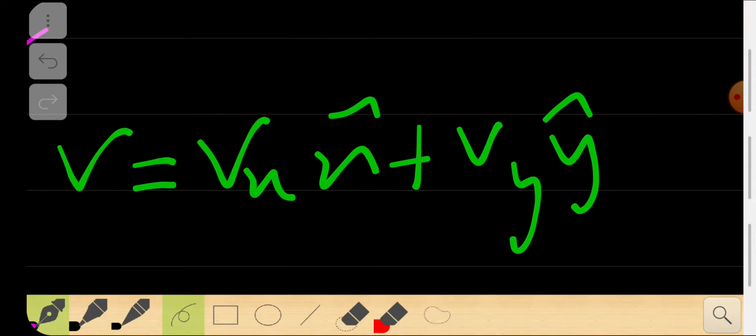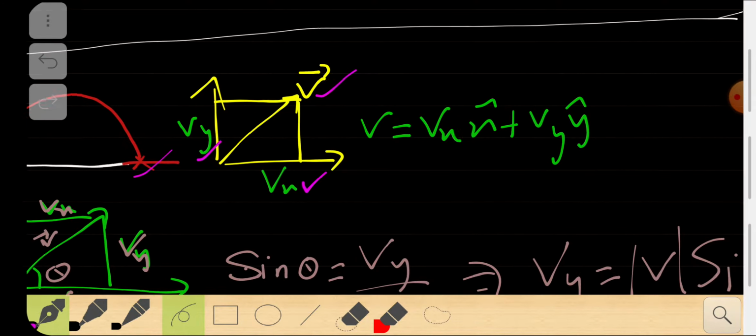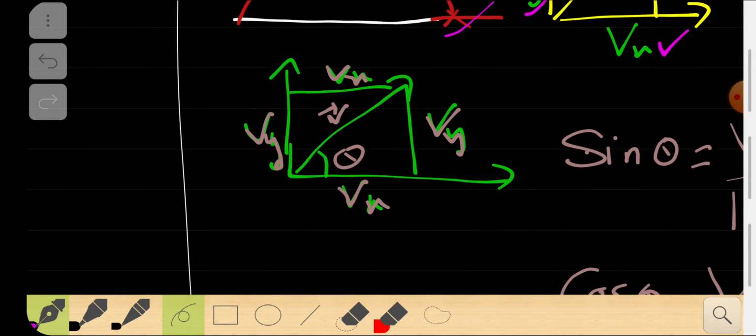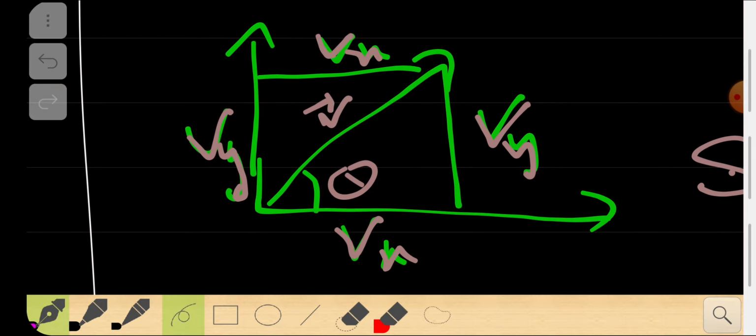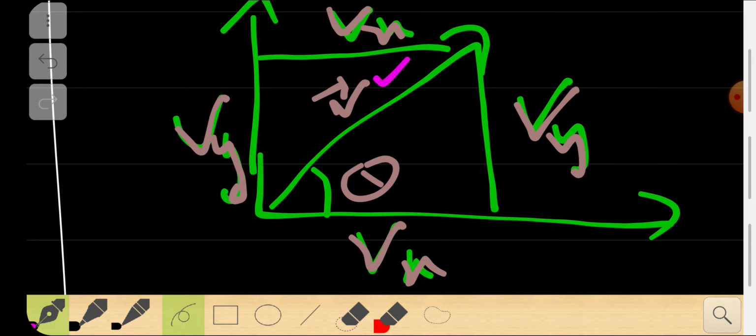Now if you do that, you can write down that v is equal to vx x cap plus vy y cap. So you can straightforward do that. Now what we are going to do is use a small bit of trigonometry, and we are going to say that if this is the resultant vector of velocity, our velocity of throwing that ball, then when it is resolved into vx and vy, we get this kind of situation where theta is the angle with which we are throwing the ball.